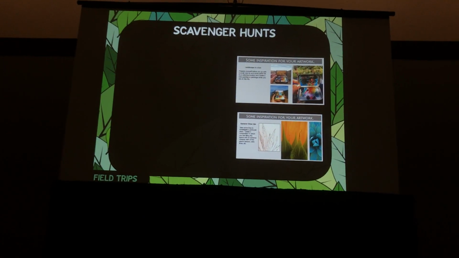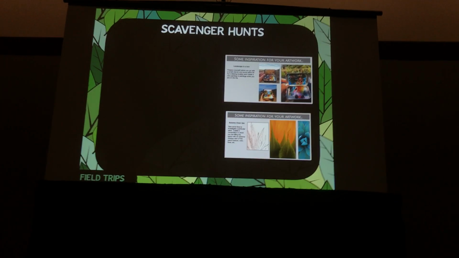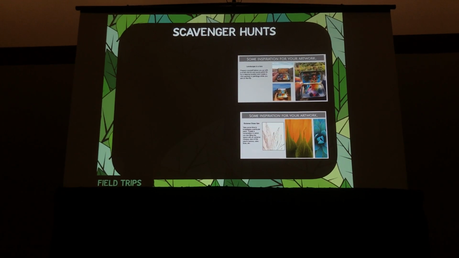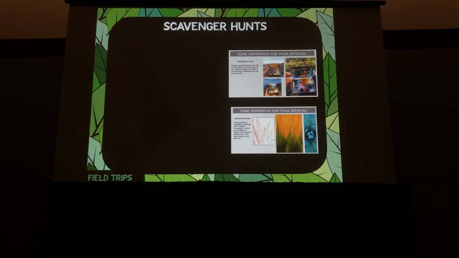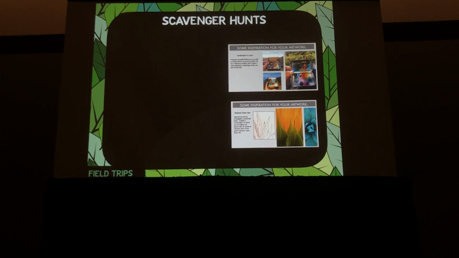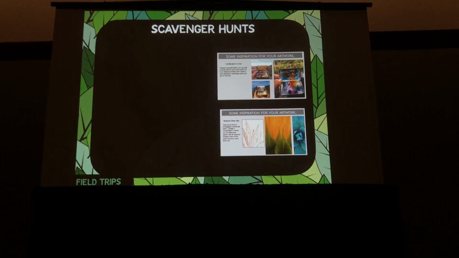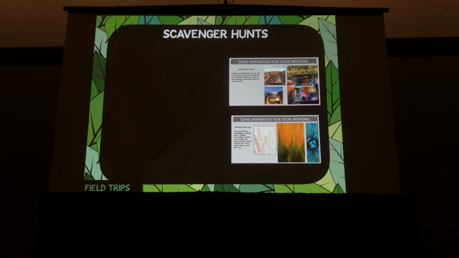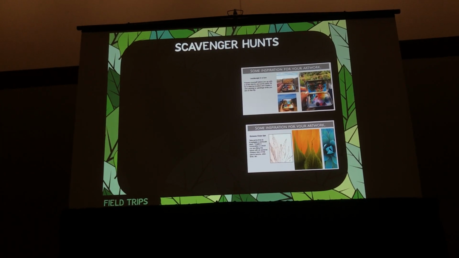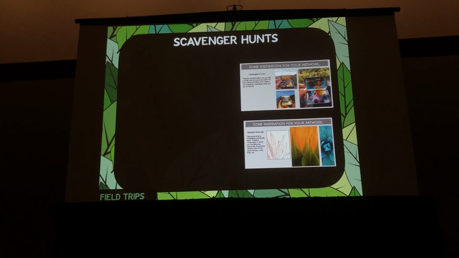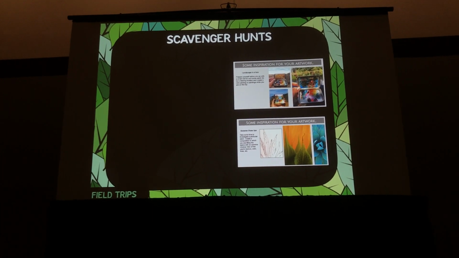And then we also go to the Garfield Conservatory, but we do things like go to our state park. There's some canyons and nature, and who doesn't love that, right? But a lot of times the kids are just not used to really spending time to observe and look for things. So I do this with my upper levels, and I give them a ton of different prompts on a slides presentation,